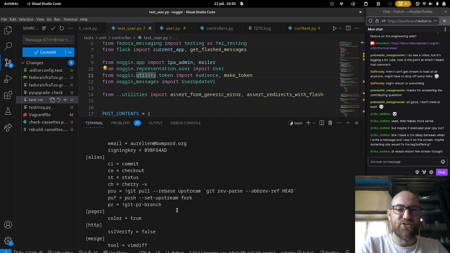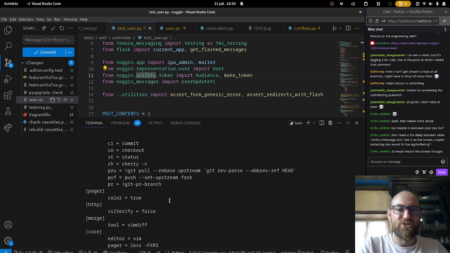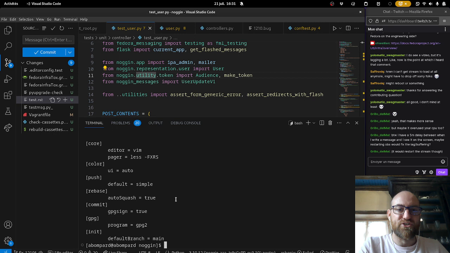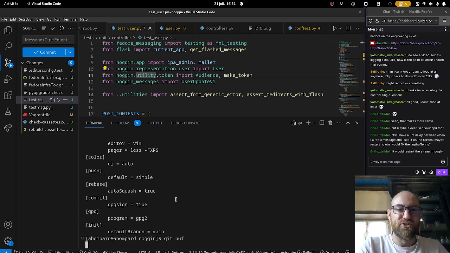I have an alias called PUF, which does git push set upstream fork, because my fork of the project is called fork. That's the name of the remote. So I usually do this, git PUF. It pushes my changes into my fork on GitHub.